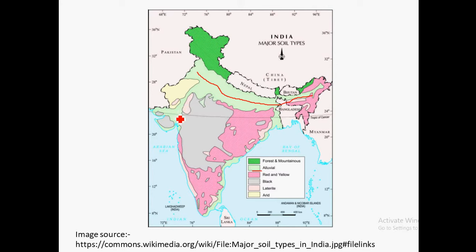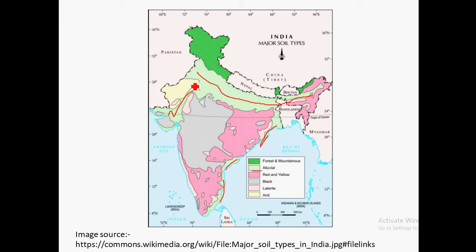If we see this region, here the Narmada river and the Tapti river flow. Narmada in MP and Gujarat and Tapti in Gujarat. This is the region where alluvial soils are formed. Also in Odisha, where Mahanadi river flows, we can find alluvial soils in this region. And Godavari river in Andhra Pradesh and Kaveri in Tamil Nadu. So these are the remains of rivers by which